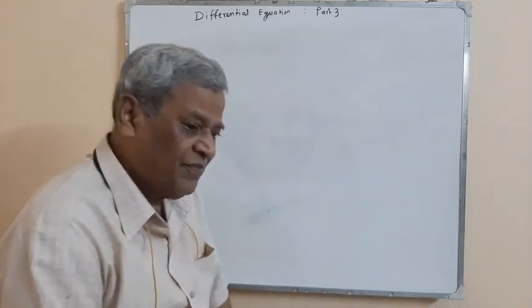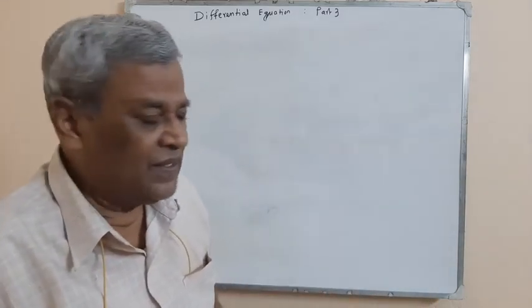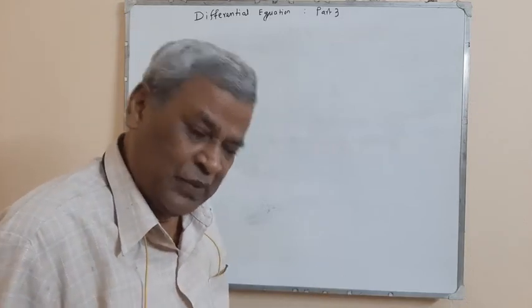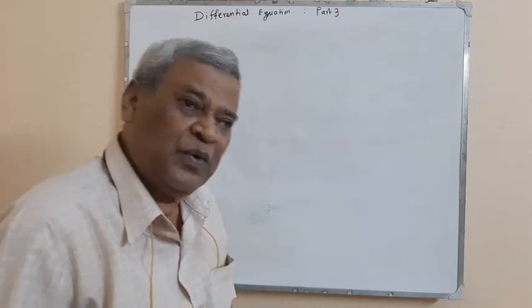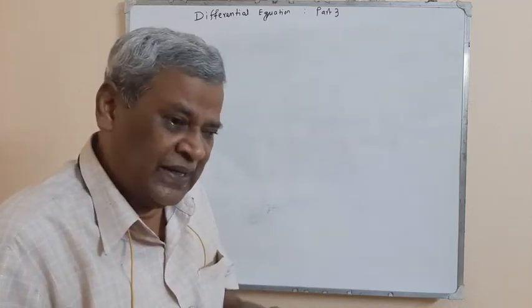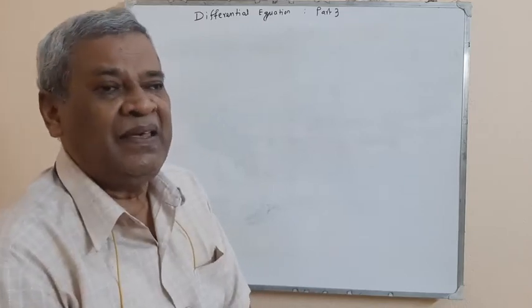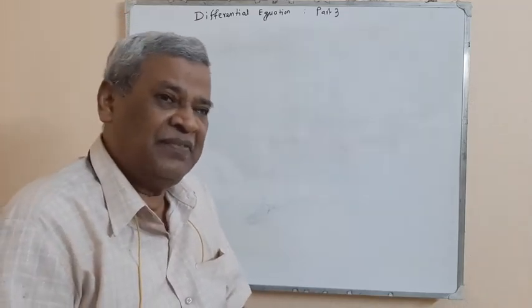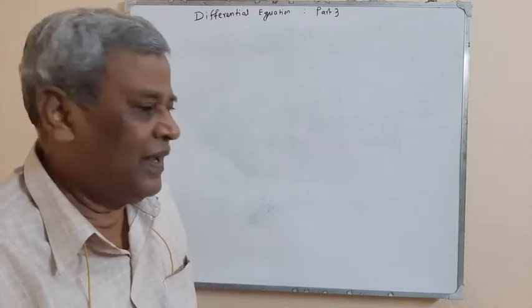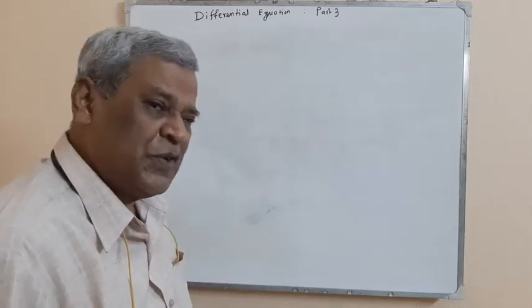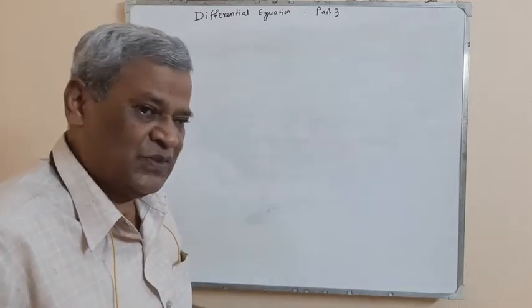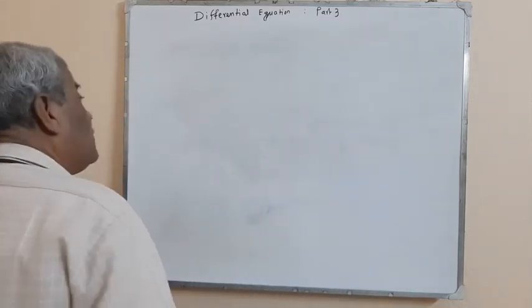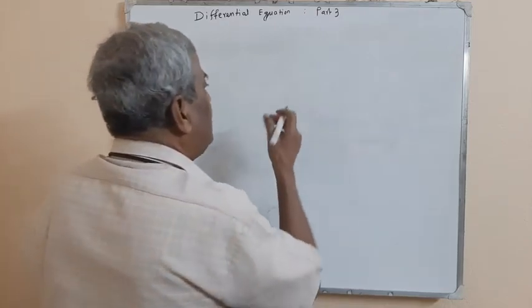It means some derivatives will be present in the equation, with third order, second order, first order, but the power or degree of each derivative must be 1, and all coefficients of derivatives must be constant, not variable like x, y. So a differential equation with constant coefficient is like that: